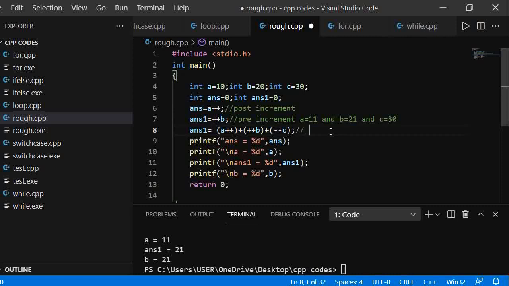So basically this comes as 11 plus 22, and plus minus minus c is again pre-decrement, so it becomes 29 and that is what is used in the assignment. So this is what we should get, which is equal to 62. Let's see if this is what we get for the value of answer 1. As you can see, answer 1 is printed to be 62.